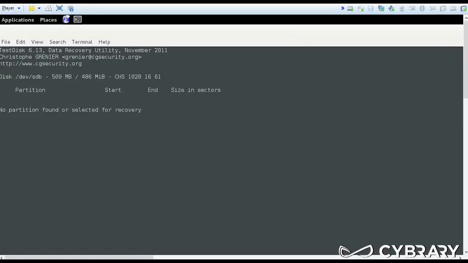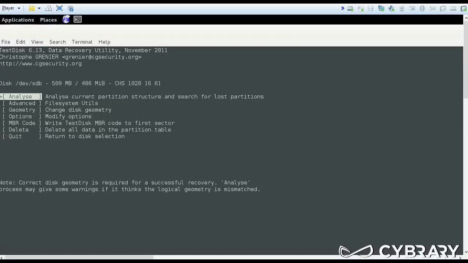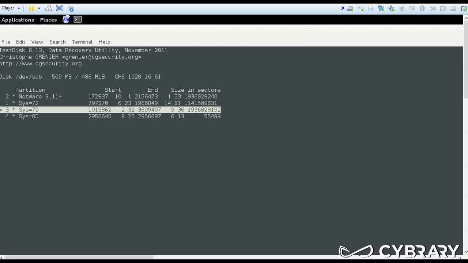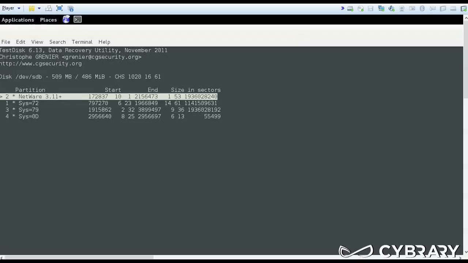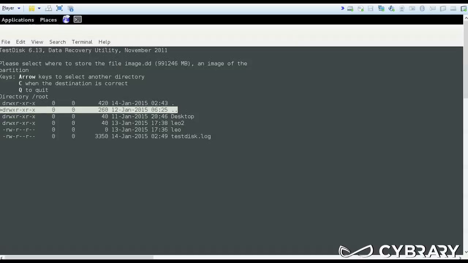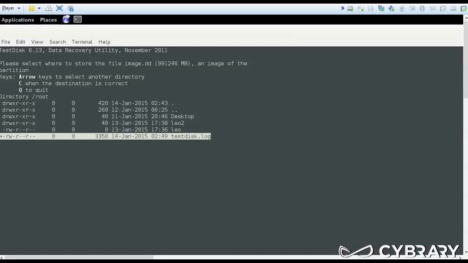Okay, so it evaluates it, no partition found. They do have advanced system utilities built into this if you want to evaluate it. So it pulls a little more of the partition table information. Also pulls out some of the permissions and things like that. So go ahead and use the utility,